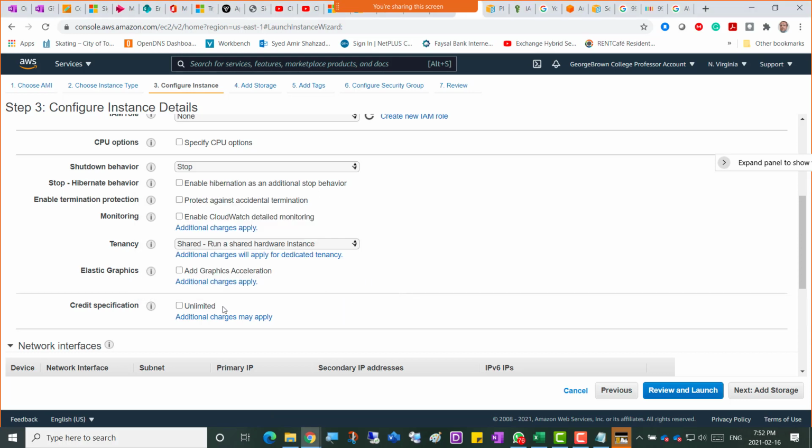So if you select this option, and we know that we have one vCPU and 1 GB RAM only, right? But so many users connect there that it now needs actually 2 vCPUs and 4 GB RAM. So if you select this option unlimited, so they're going to charge you a little more, per hour, but